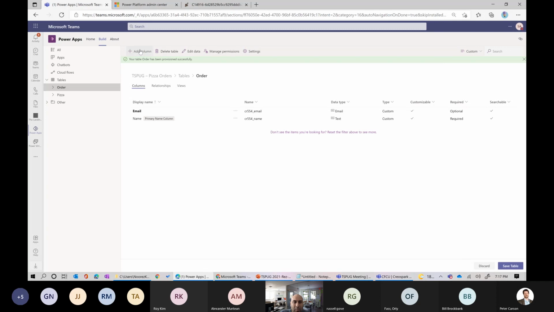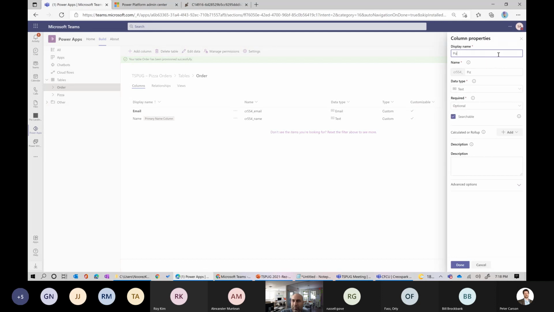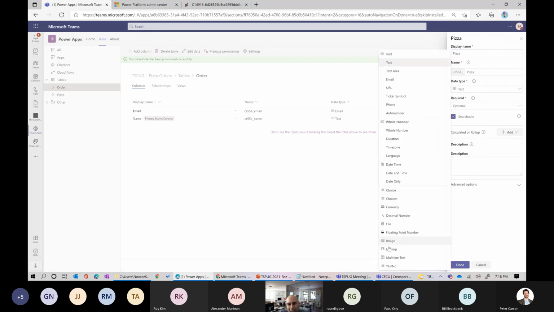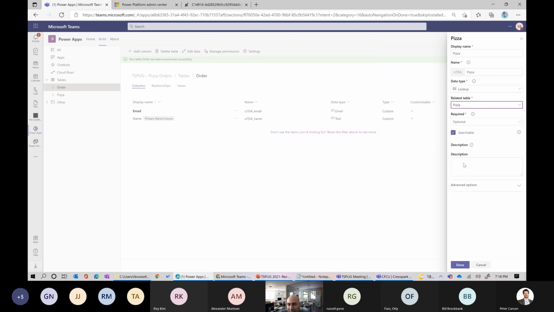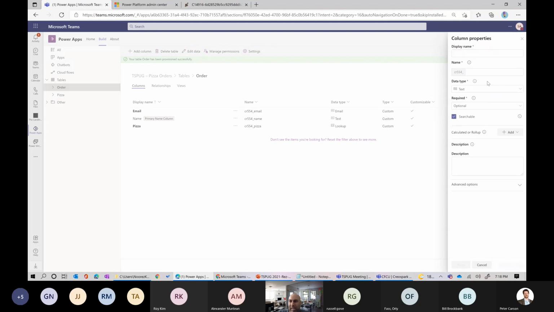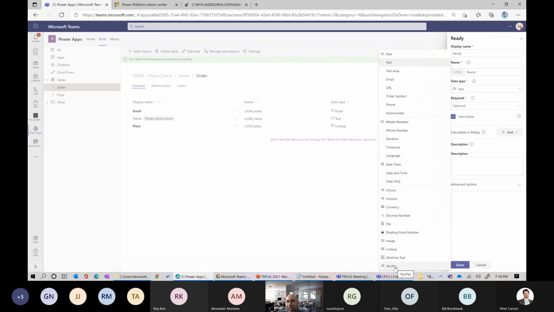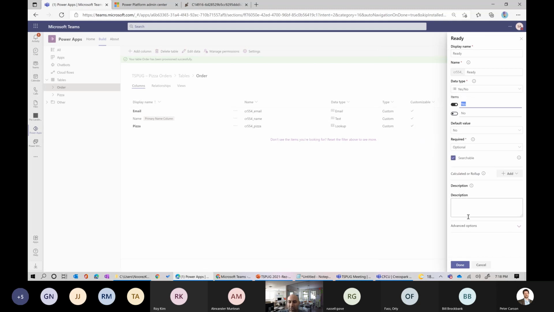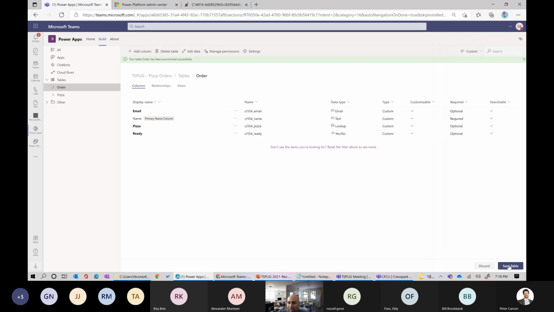And then the next one, we want to add pizza. Pizza would be a lookup because there's going to be a relationship. So we just select lookup here. And then what's the table? Pizza. Okay, and then the last one we want is a column just to signify that the pizza is ready or not. So let's just add a column called ready. And this one's going to be Boolean. In this case, they want to make it more citizen friendly, so they say yes, no, and default to no. Okay, so I think that's pretty much it